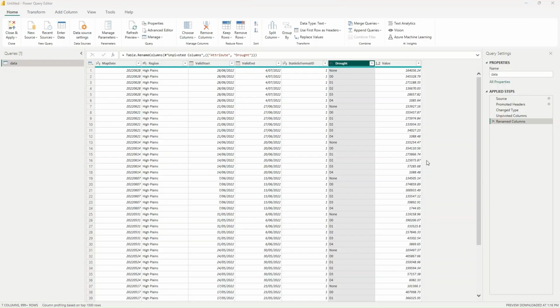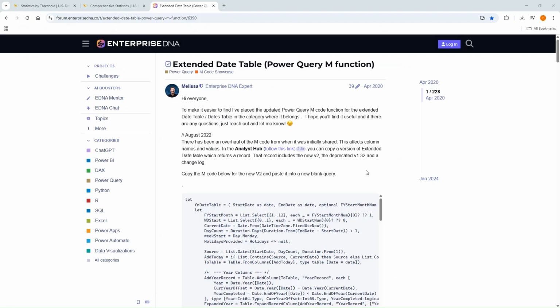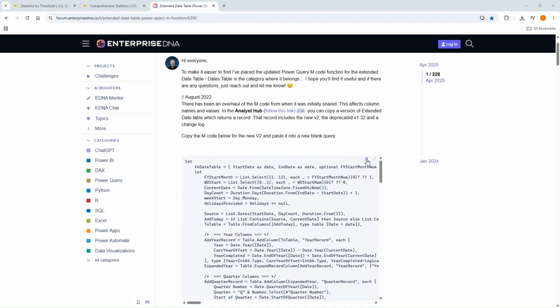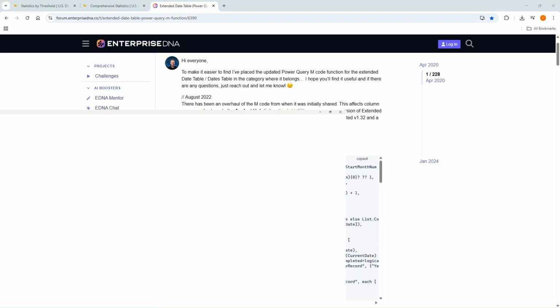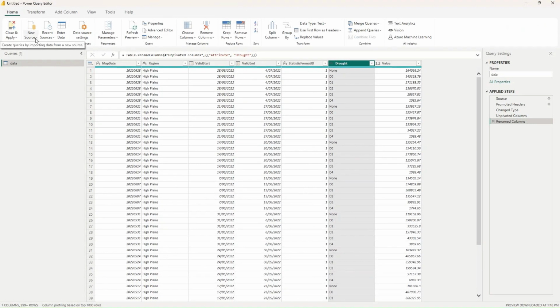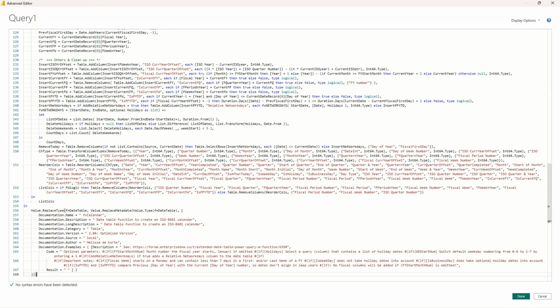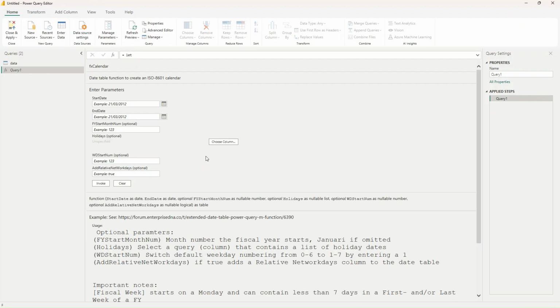Now, because we will be working with dates, I'm going to create a date table as well. And if you have watched my previous videos, then you would know that I always use a date table provided by the Enterprise DNA channel. So let's go there and copy the M query for the date table. I am on the Enterprise DNA channel website, and this is the date table Power Query that I'm going to use. I'm just copying this, and I'll go to Power BI Desktop and paste it in the Power Query Editor as a new source. So I'll go into New Source and then Blank Query, and then select Advanced Editor and paste my M query that I copied from the Enterprise DNA channel and click on Done.